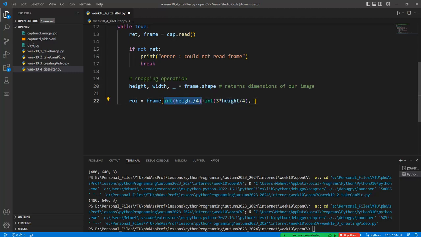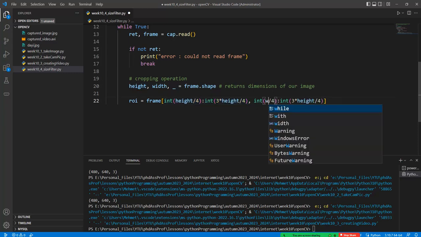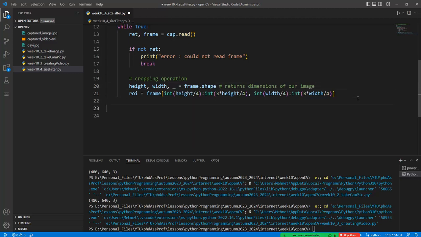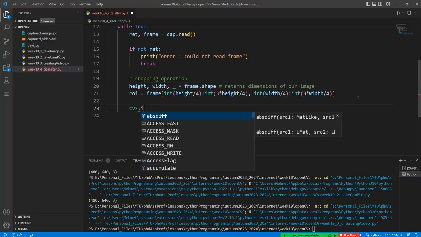For example, this is maybe equal to 100, this is equal to 300 or 400. I don't know, but this is the boundary condition of the row values, because we crop the image to create the new framework. Just like this information, we can give the column values, okay, like this one. So if this is the case, and then this is the cropping operation like this one, and so cv2.imshow,